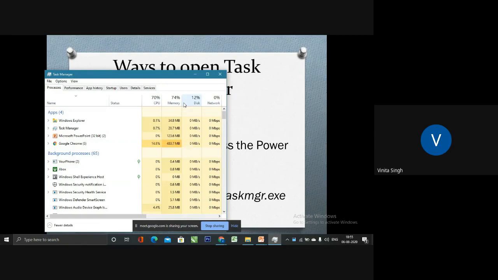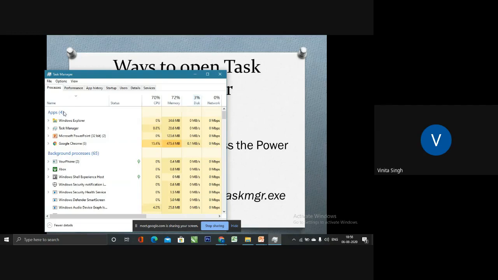So now let's see how you can end a task. All you have to do is to select the desired tab. The Applications tab lists all the visible programs currently running. The Processes tab lists all the executable processes that are running currently, both in the application and in the background.